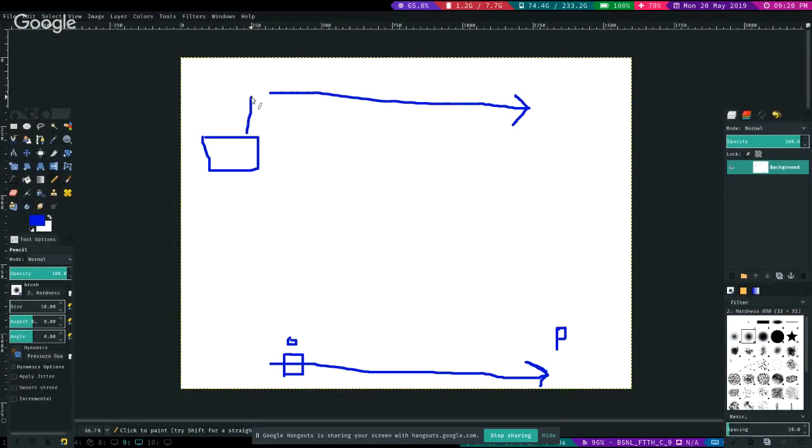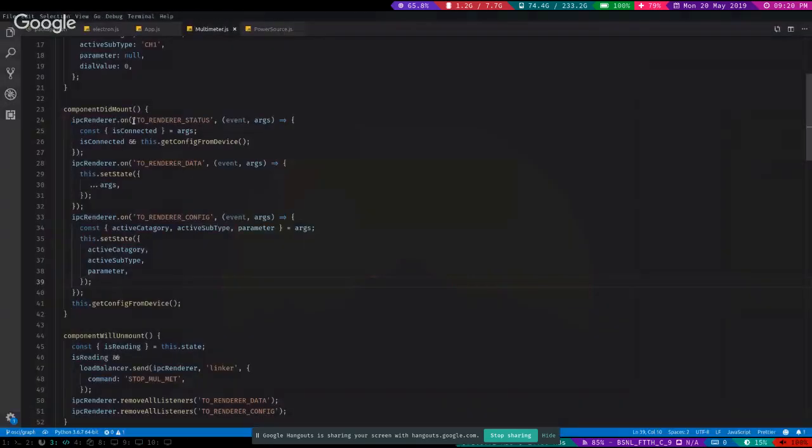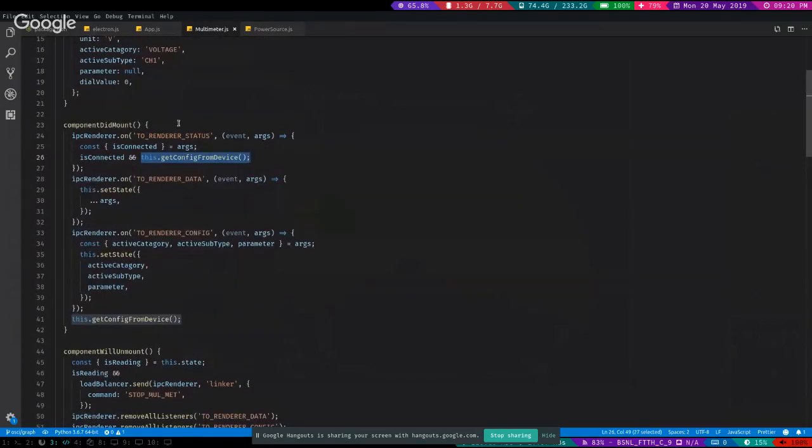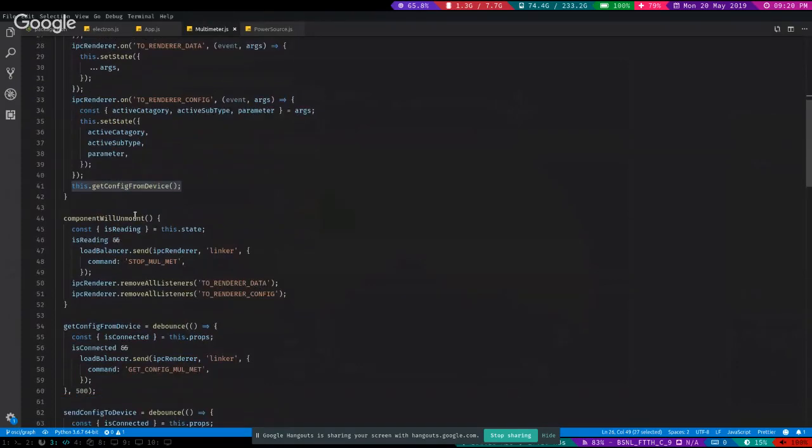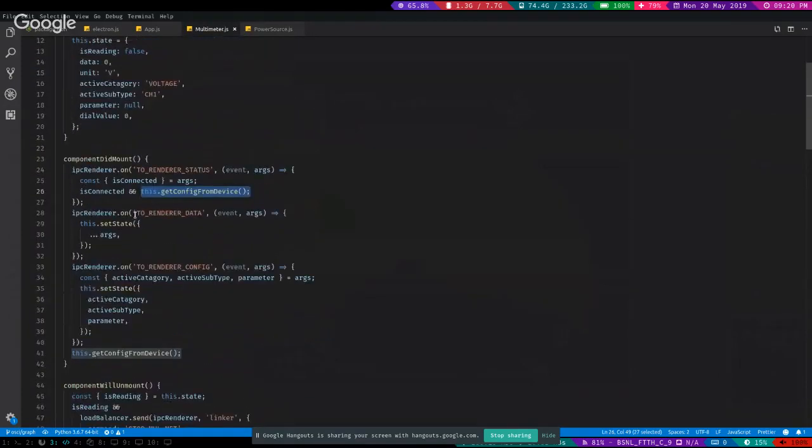So the device gets connected, your main process comes to know about that. Your main process tells the renderer process that yes, a device has been connected. So as far as this goes, this particular chunk of code will be triggered. Now this code has this function, and this function is triggered as soon as your device gets connected. You can go through this function later on, but what this does is